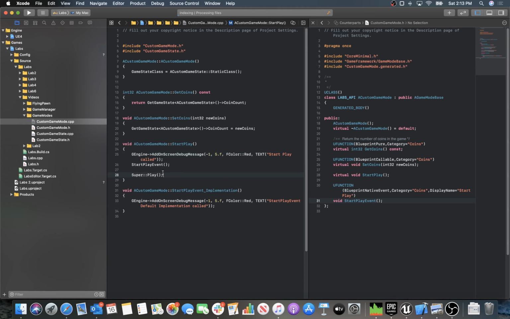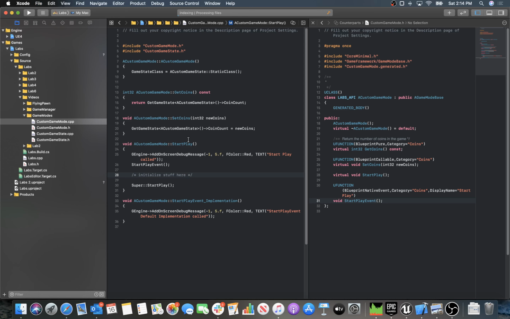Now the point of all this, oops, I noticed that I didn't actually call this start play, which is what it's supposed to be called. The point of all this is to allow you to do some kind of initialization here. Initialize stuff here inside the start play function,